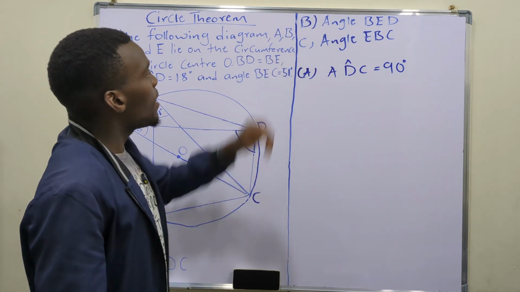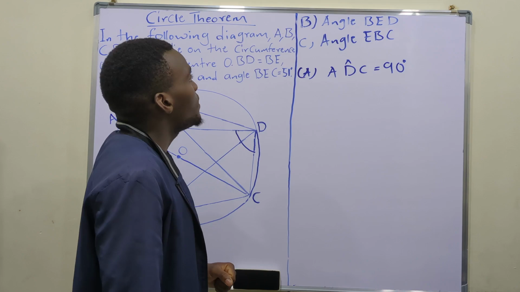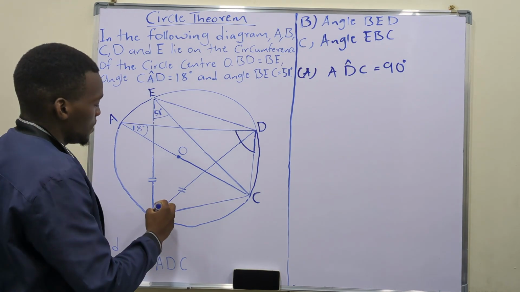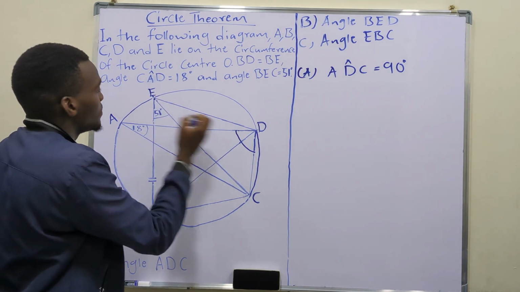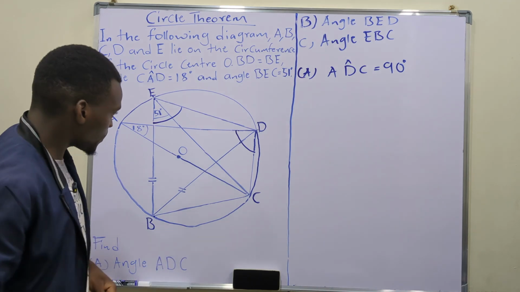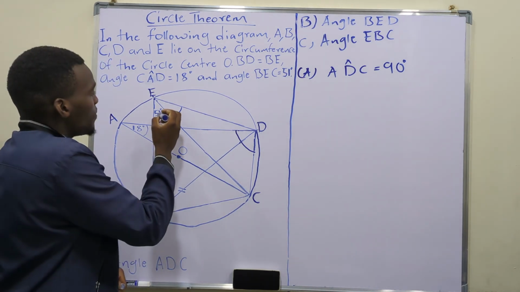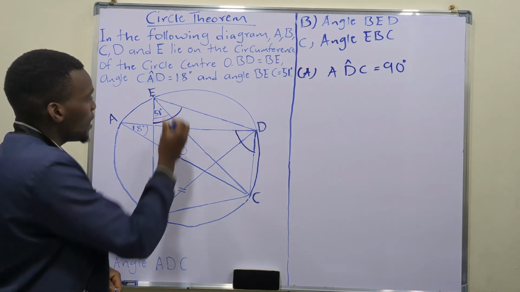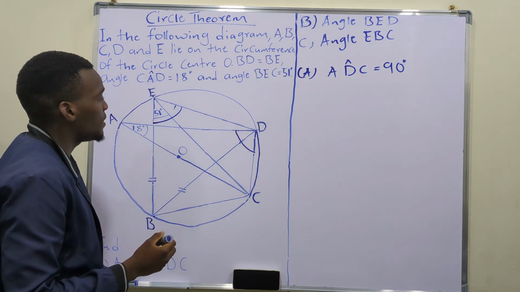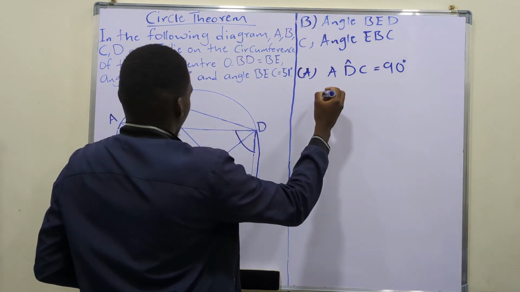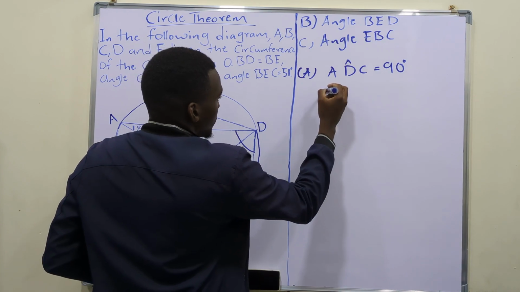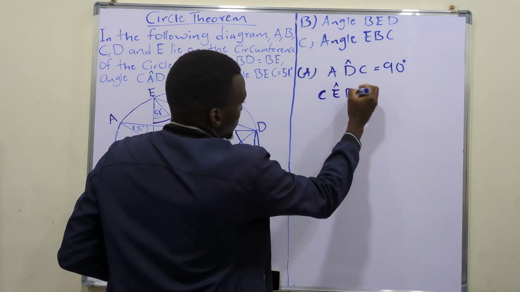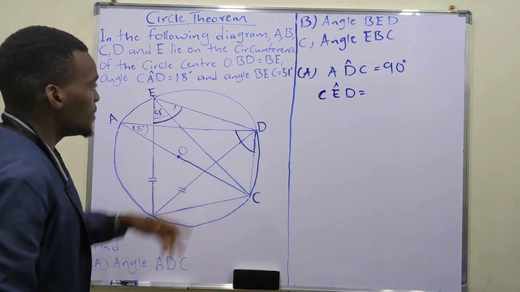And then for (b), we have angle BED. Let's identify where we have BED. So here there's B, and then E, and then D. So this entire angle there. We have already been given 51 degrees on part of this angle, and then there's another part which is remaining there, which we can name angle CED. So this angle,